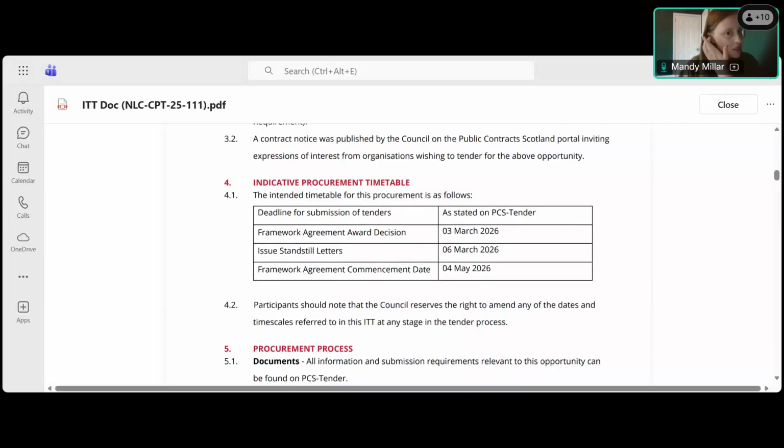Something that someone asked me recently was, if they submit it too early, is that a bad thing? Because then the buyer could look at it and know their pricing and stuff. Not at all. The buyer is not able to open any of the responses until that deadline is closed. So the system protects that. They will know that they've had a response, but they won't know who it's from. And as I say, they can't open it until that tender deadline closes, and it doesn't allow any late submissions